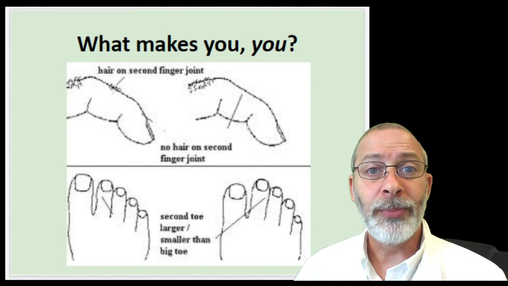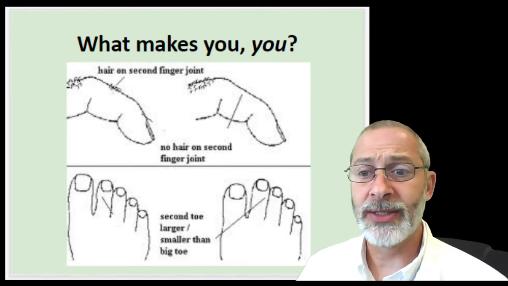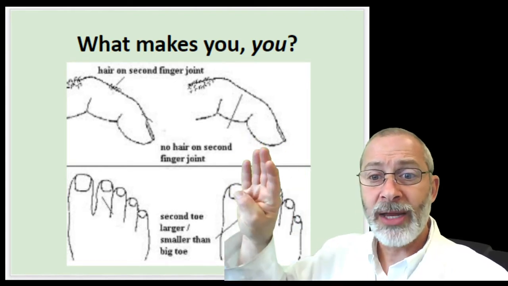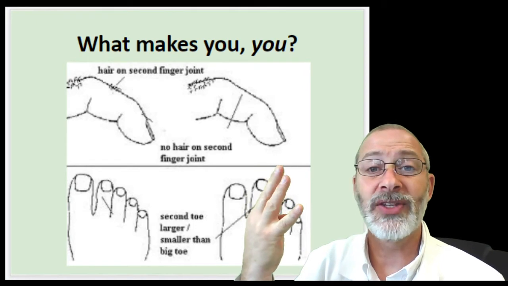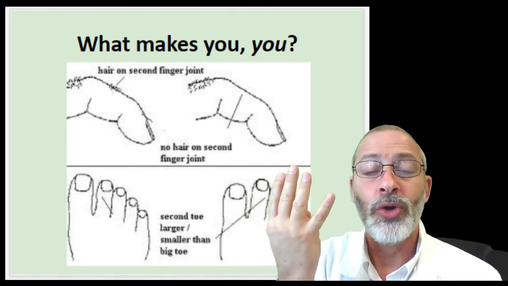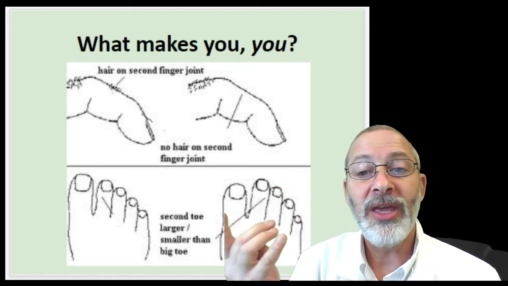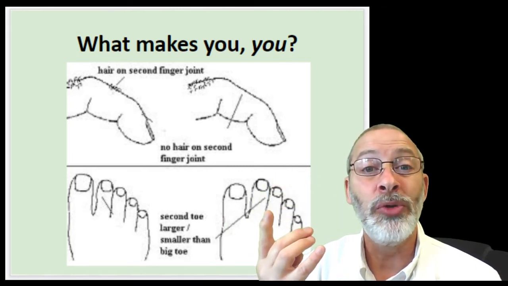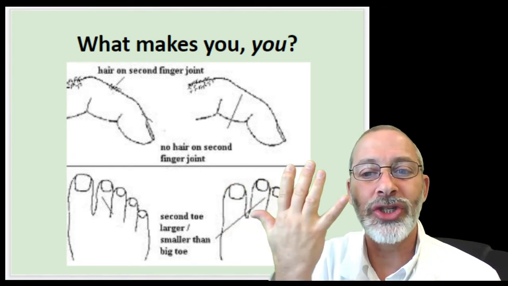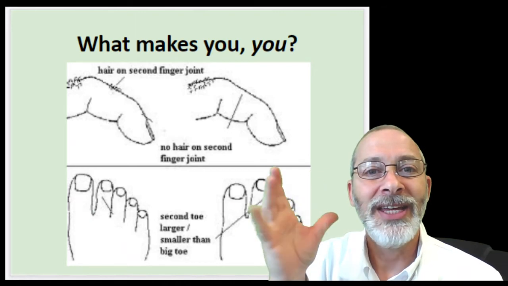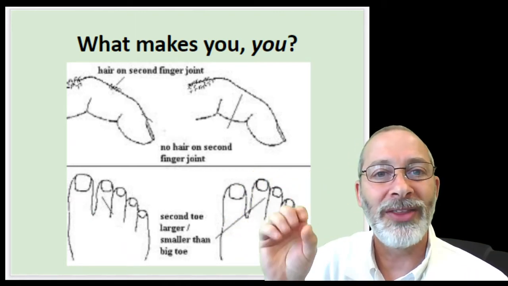In fact, some people at some point might have a terrible accident and have their thumb cut off in a tragic accident. I've actually seen people who have had operations where their second toe is removed from their foot and attached to their hand to give them a thumb back so that they can grab onto things.